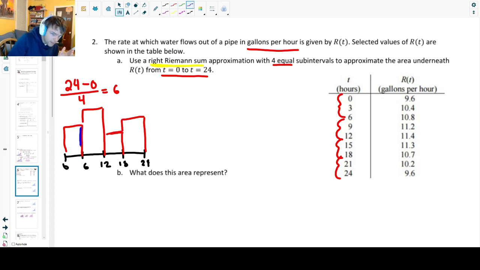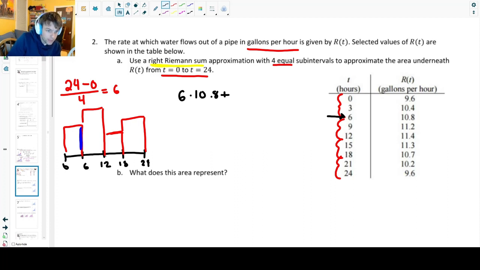But again, the height of it is dictated by the right-hand side of the interval. Cool. All right. So for the first one here, our first interval from 0 to 6, again, the width of the interval is 6 units wide times the output at 6 here, which is 10.8. So that's going to be the height of our first rectangle. Width of 6, output at 6, which was 10.8,